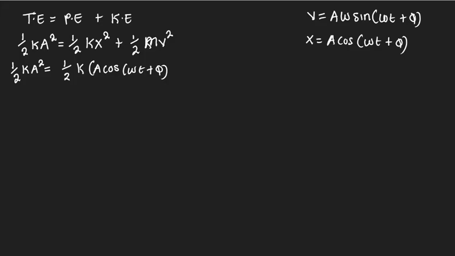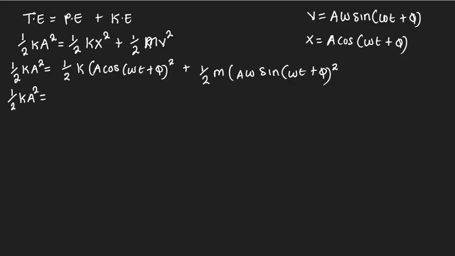Okay, then power 2. Like that. Plus 1 over 2, where there is m, I just put it like that. But V is A W sine WT plus phase. Okay, that is power 2. Then we are going to have 1 over 2